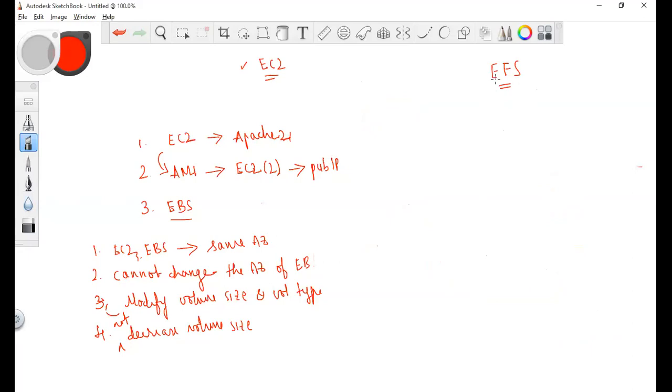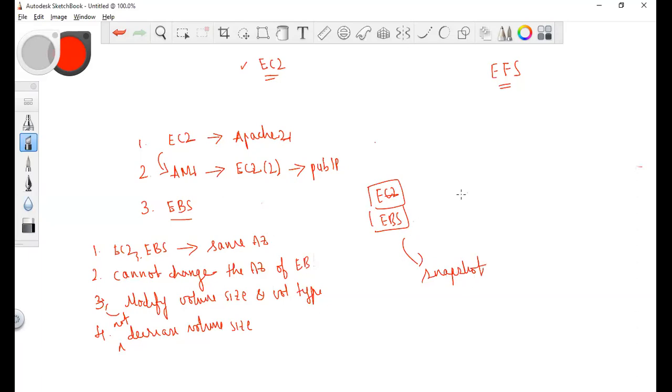Shall we add that snapshot only after detaching? You don't add the snapshot, you create the snapshot. It's not required like that. Even when your EC2 instance is running, you can take a snapshot.